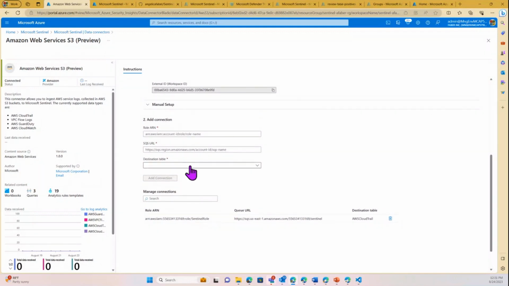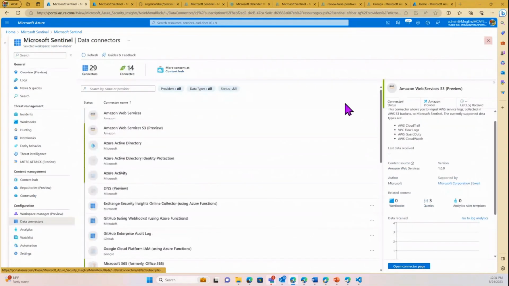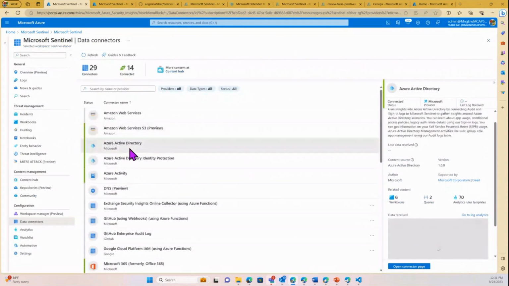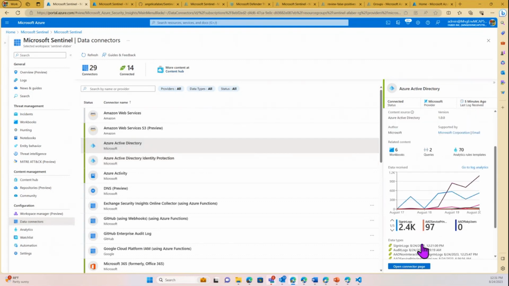And then you go about and add whatever sources you need connected. Like I said, VPC, GuardDuty, CloudTrail, CloudWatch. Some of the ones that are super important, especially if you have a Microsoft customer, is Azure Active Directory. It's pretty straightforward to set up. I used to have some issues, but I haven't seen those recently, where it would, like